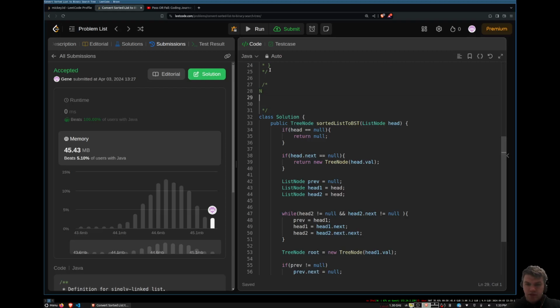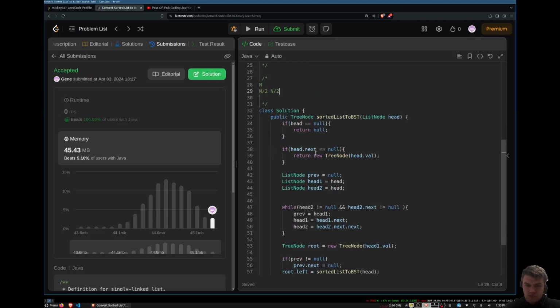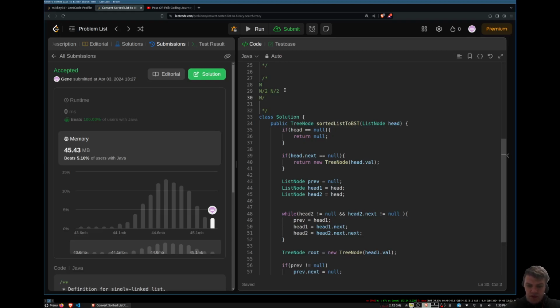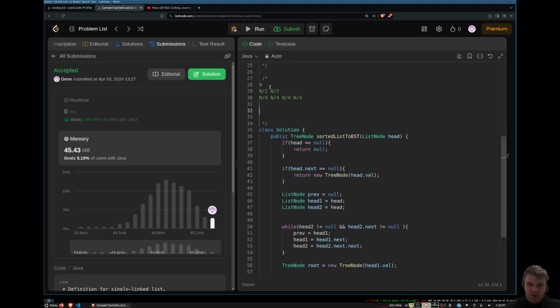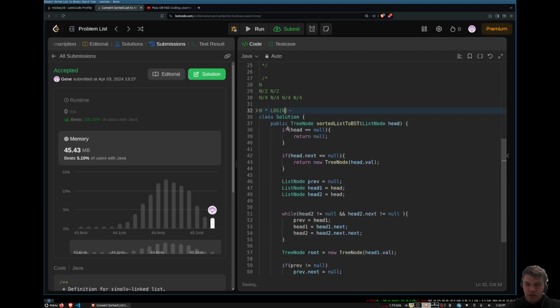The second iteration, we have n over 2 and n over 2 for the two parts, and then for the third level n over 4, n over 4, n over 4, and n over 4. So for every level we have n, multiplied by log n. So the time complexity here,